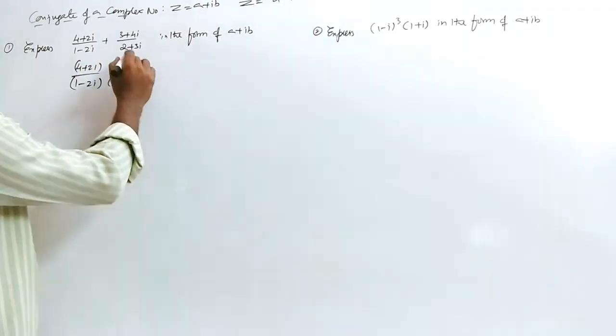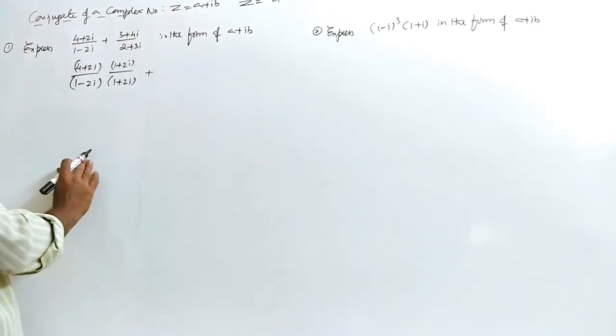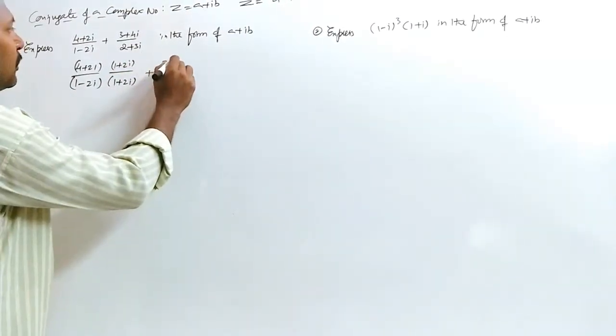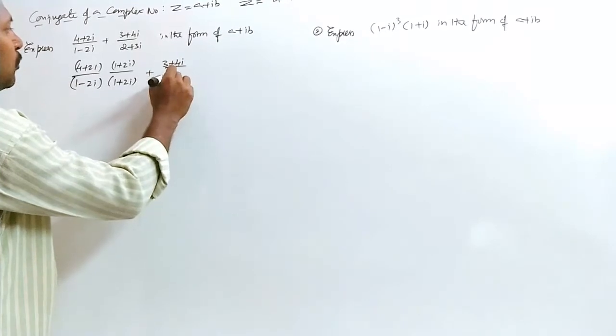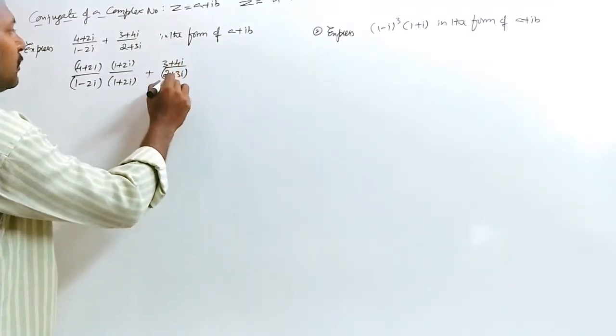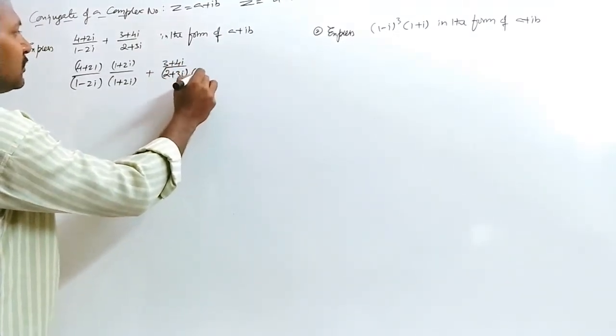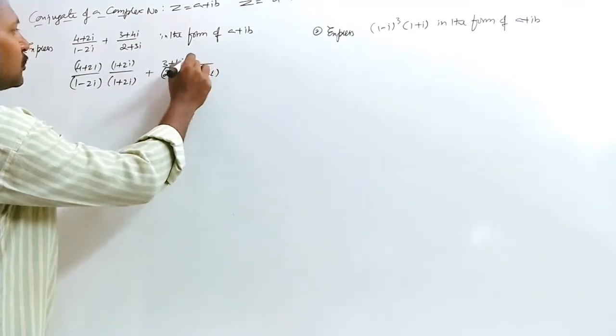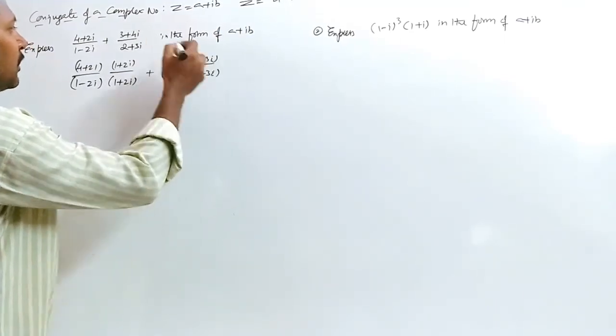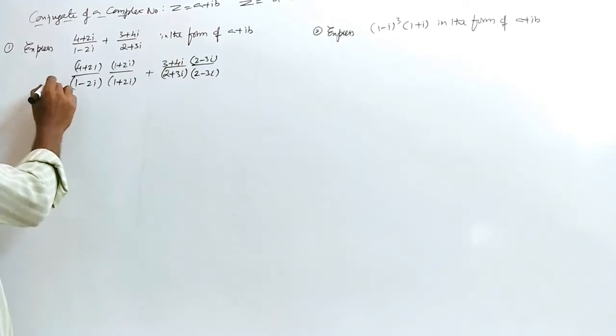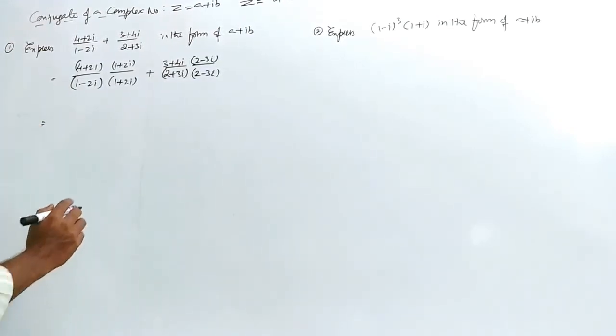Similarly, we have to apply the same concept for this complex number also. Here it is (3 plus 4i) by (2 plus 3i). The conjugate of 2 plus 3i is 2 minus 3i. Here also we multiply with 2 minus 3i. It is the first step. Therefore, that is equal to,